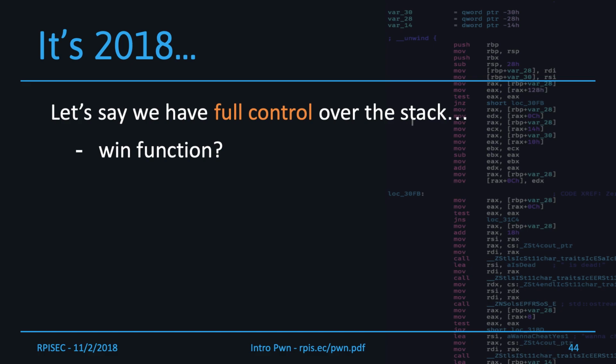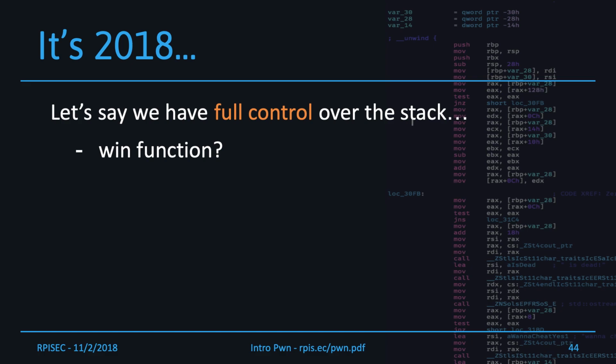So now we're going to take a look at what mitigations exist in the modern era to prevent that, and how we can avoid them in the constant cat and mouse game of mitigations and getting around those mitigations. So